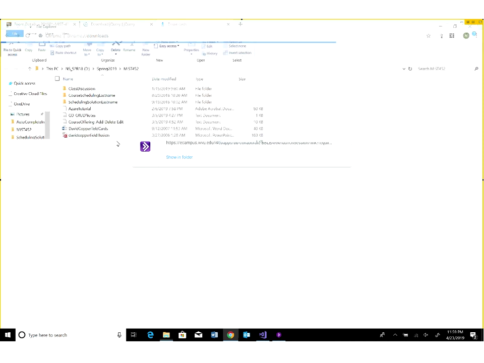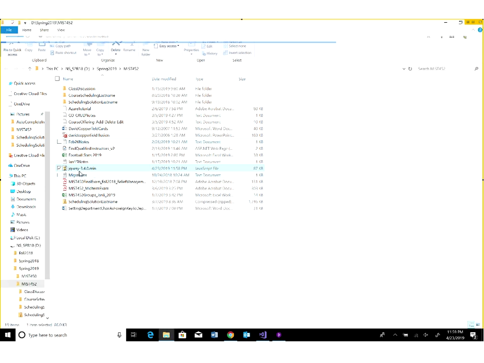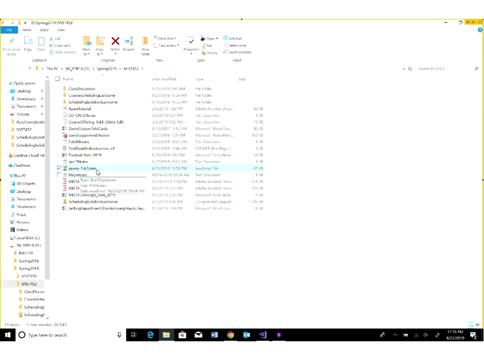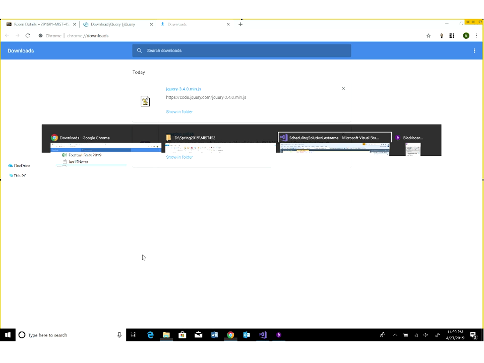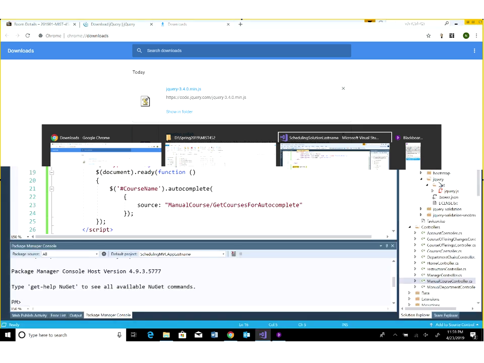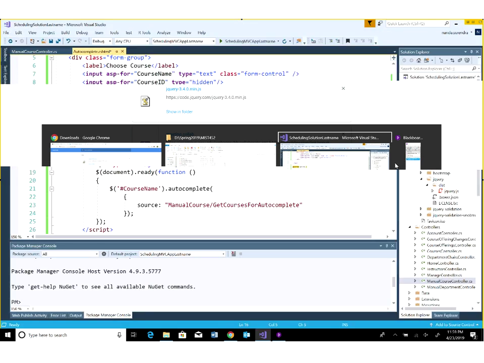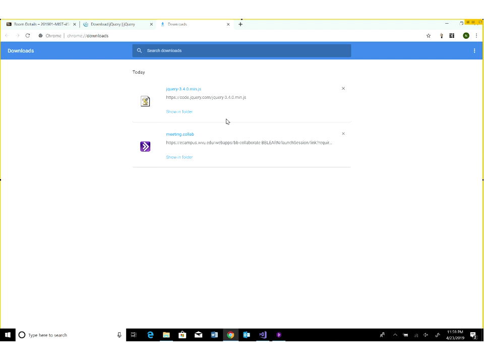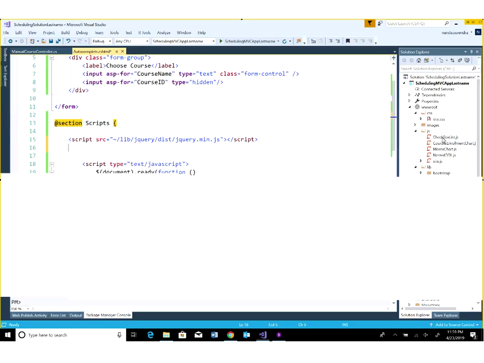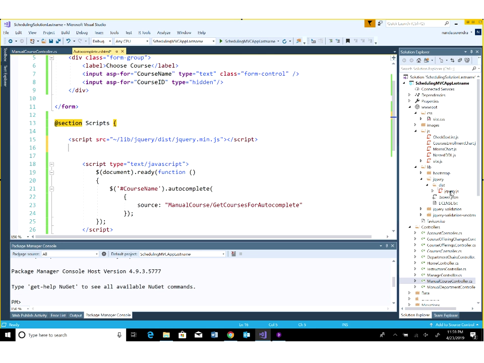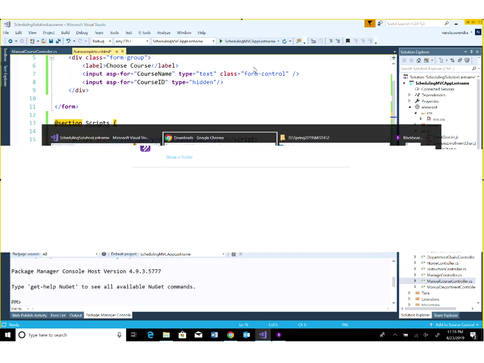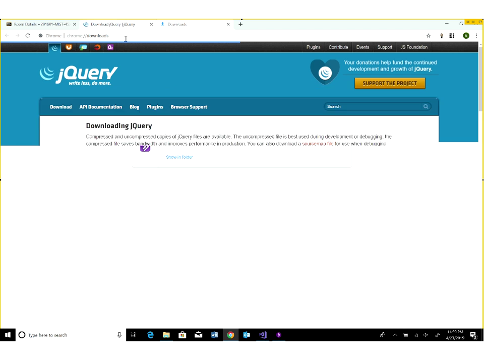Okay, so you can see this is a miniaturized jQuery 3.4. I guess the one that I already have. I don't know what version it is, but if you are wanting to get it, you basically will have to move it into the library distribution. Since I already have that there, I'm not going to move it in there, but I would have to do it for